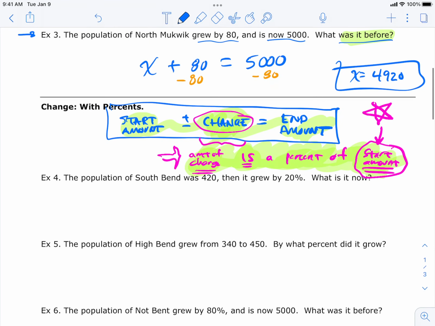So what do I got here? The population of South Bend was 420. So that's the starting amount. I'm going to start writing that down, 420. They're saying it grew by 20%. Not by 20, by 20%. So looking again at this part,